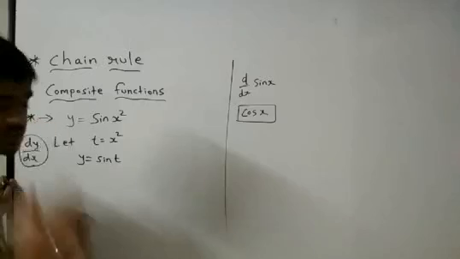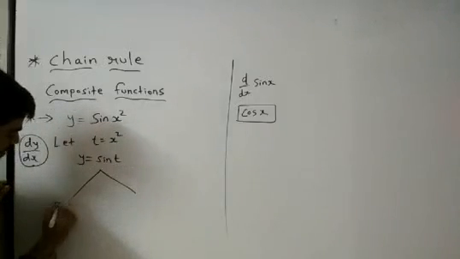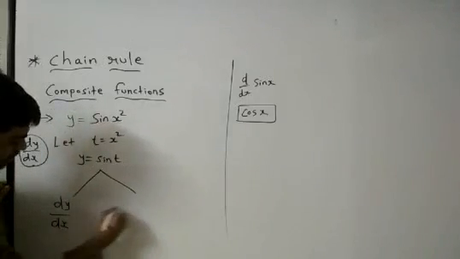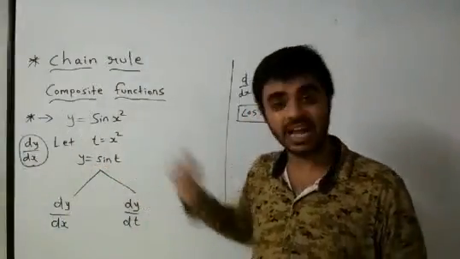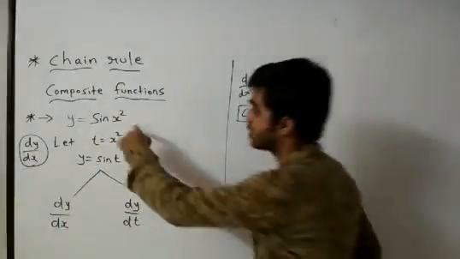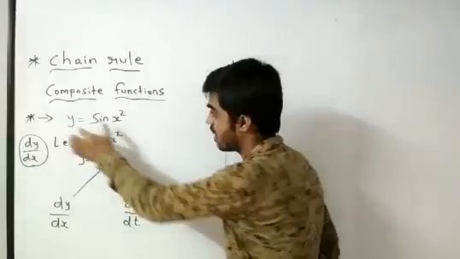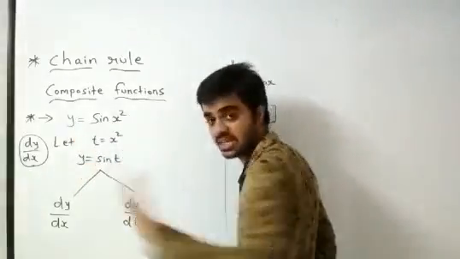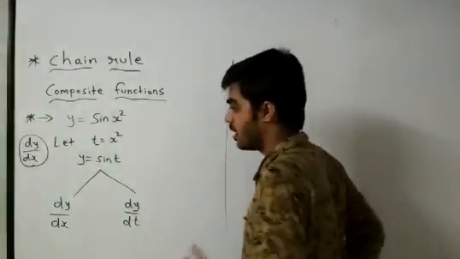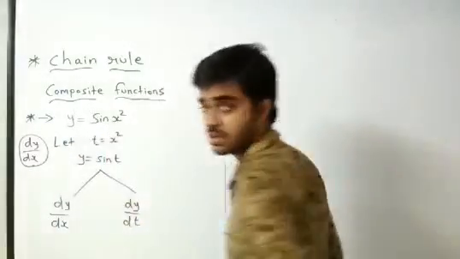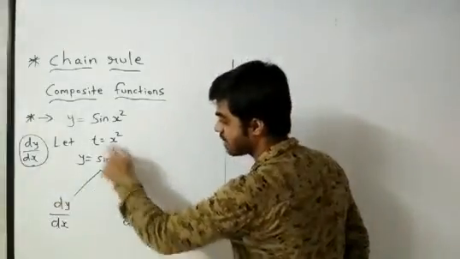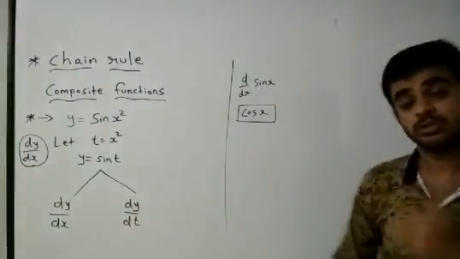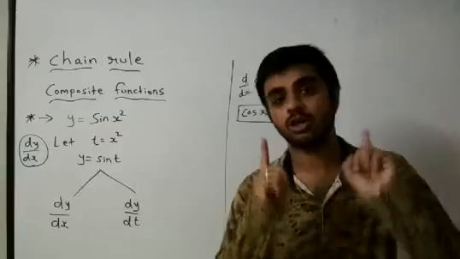अब यहाँ पे दो चीज पॉसिबल है. ठीक है? एक तो dy by dx पॉसिबल है और एक dy by dt पॉसिबल है. ध्यान से सुनना मेरी बात को. y is equal to sin x square, ठीक है। अब x square को हमने assume किया t, ठीक है, तो y is equal to sin t हो गया। तो यहां तक तो चीज क्लियर है। Now here we have two ways, one way dy by dx that we want, but here with respect to t also we want to do. So what can be done now? Now here your question will arise.